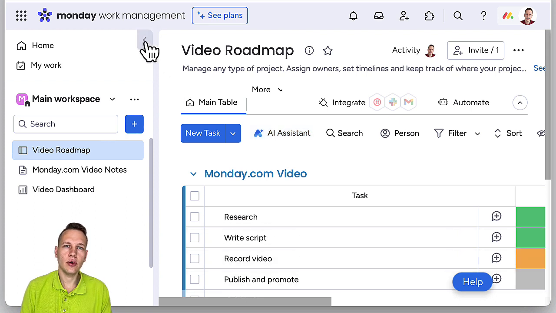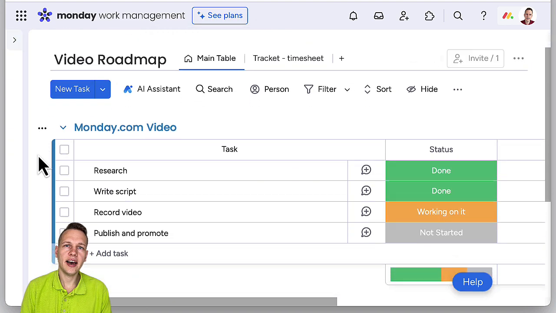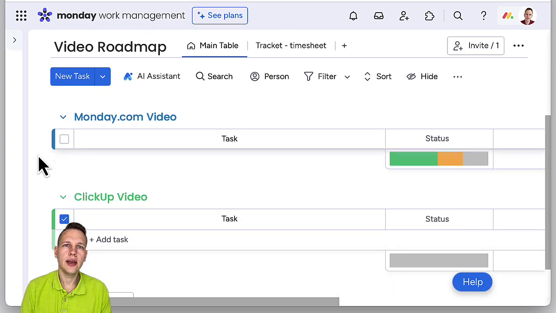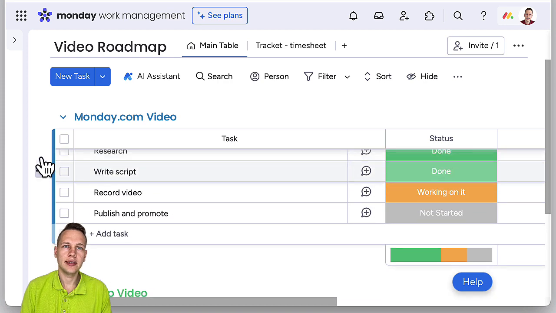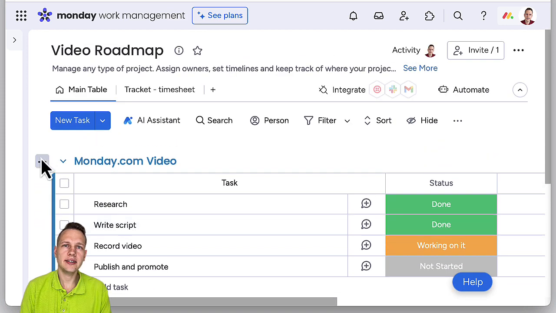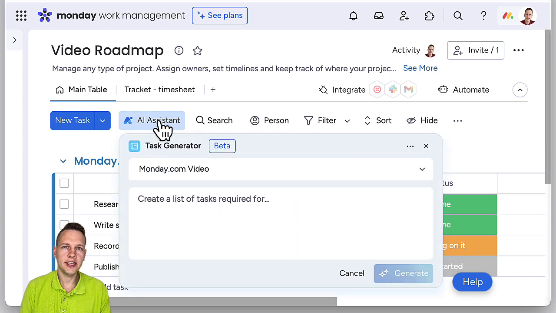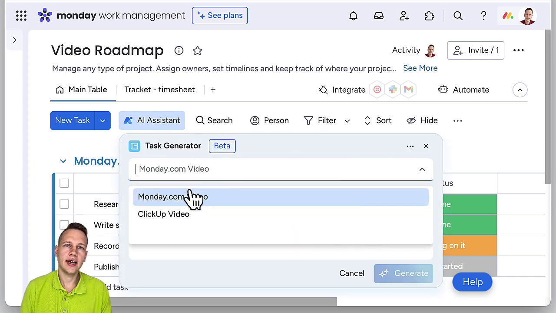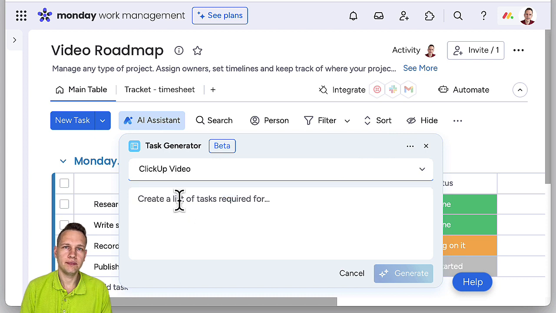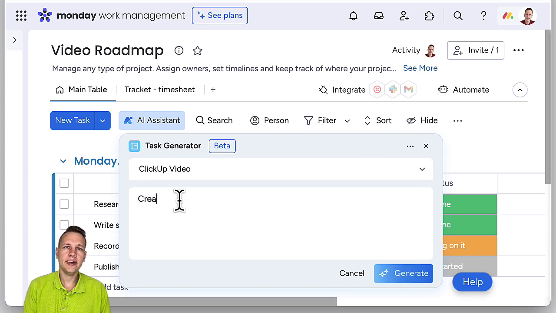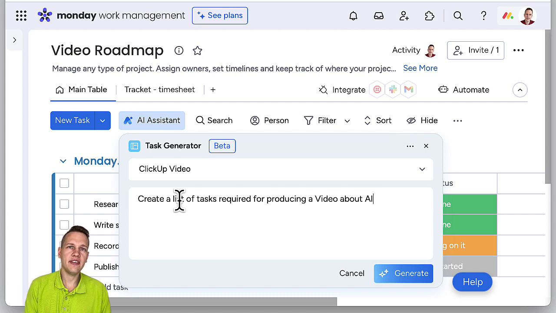Here in my video roadmap, you see I already have a Monday.com video group with various tasks. Now I want to fill in tasks for my ClickUp video group. Instead of doing that manually, I can select AI Assistant, choose ClickUp Video, and generate tasks with a prompt. Let's write, create a list of tasks required for producing a video about AI features in ClickUp, and then press